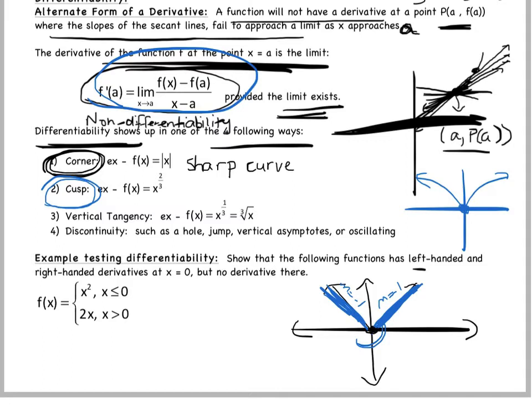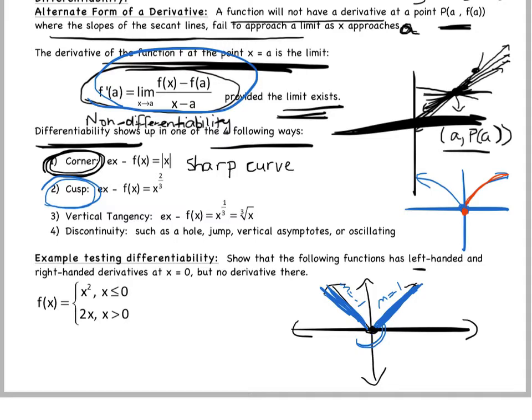all the slopes are positive, first of all. But as I check them, it looks like they're going down as I go to 0, where the cusp occurs. A cusp is different from a sharp turn. It's curves coming into each other. So if I have these two curves coming into each other at 0, where they're kind of meeting,